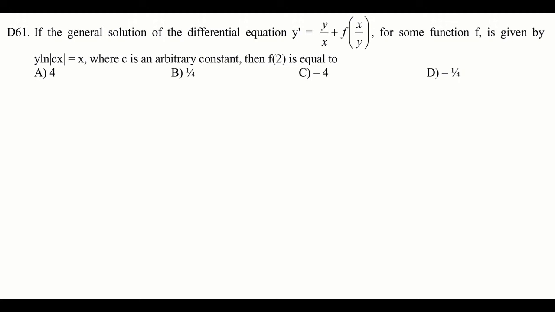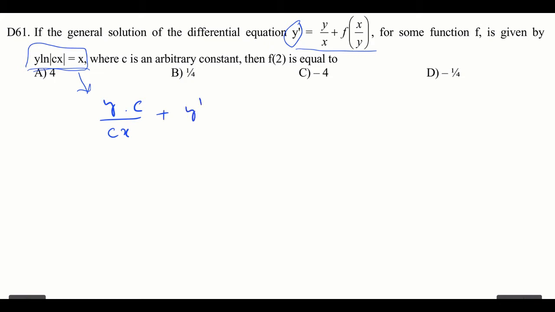Okay, in this problem he said for this differential equation, this is the general solution. So it is going to satisfy it. To substitute, let me first find what is y dash, because there is y dash on the left hand side. To find y dash from this, I differentiate this one. Applying the UV rule there, I have y into the derivative of ln Cx, that is 1 by Cx into C,